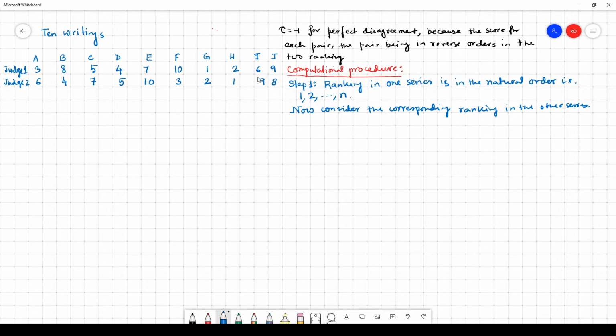So here the 10 handwritings, denoted by A, B, C, D, E, F, G, H, I, J, were ranked by two judges, judge 1 and judge 2, in a competition, and the rankings are given in the following table. I already considered this example. So according to step 1,